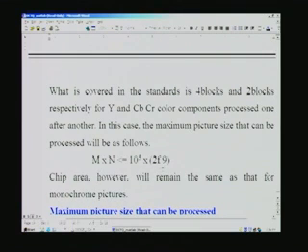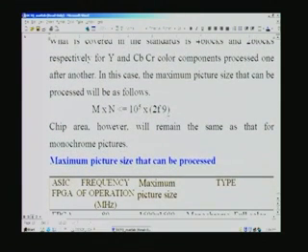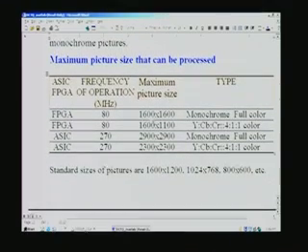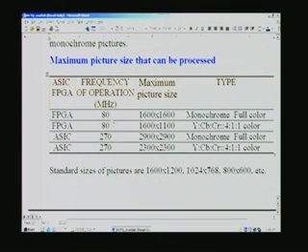So as a result the picture that you can process in this scheme will be governed by, instead of 3 there, now it is 4.5 here. So 3 to 4.5, that is the difference between monochrome and this, because here it is 6 blocks, there it is 4 blocks, and the maximum picture that you can process is tabulated here. If you take FPGA implementation here, I have taken 81 megahertz as 80 megahertz for this case. ASIC is 270 megahertz, and the maximum picture size that you can process is 1600 by 1600, so very high resolution,